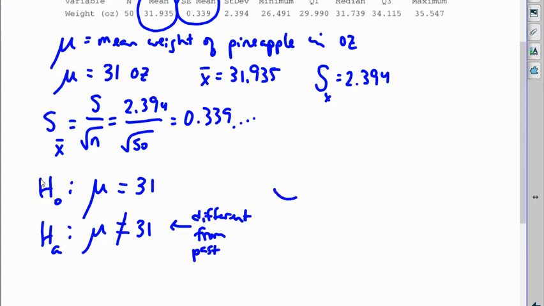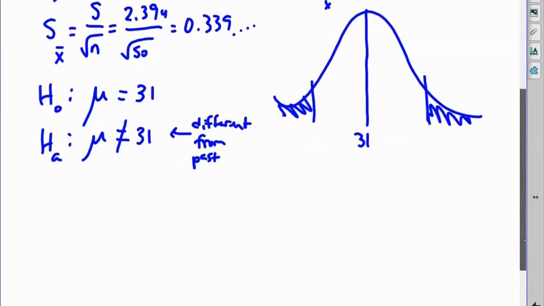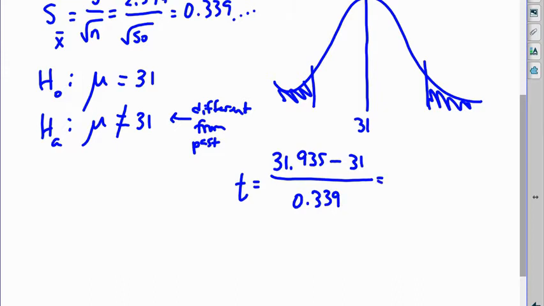And so that means that we're going to be looking at the mean being 31, but we're going to be looking at the two-tailed situation. So we will need to double our tail at the end of this process. And we have a t-value for this situation with our sample value minus our population value over the standard error that they gave us in their output. And that gives us